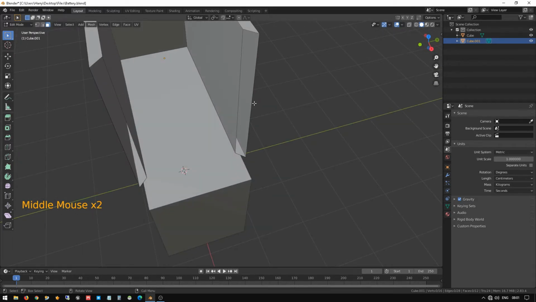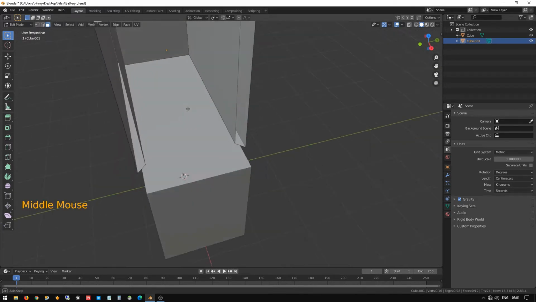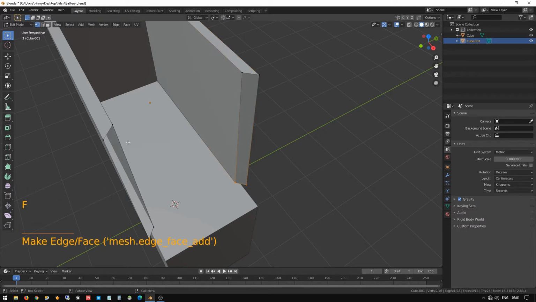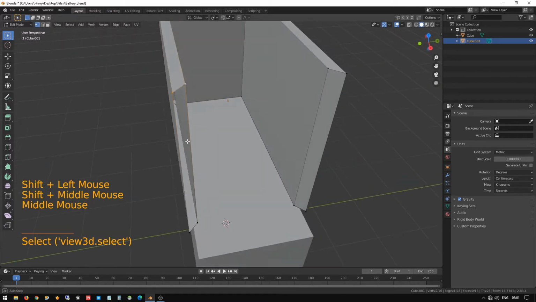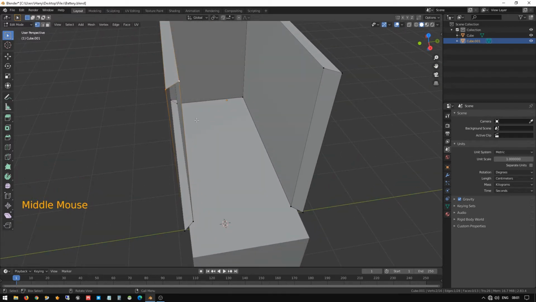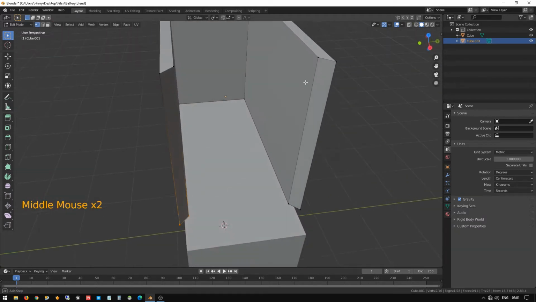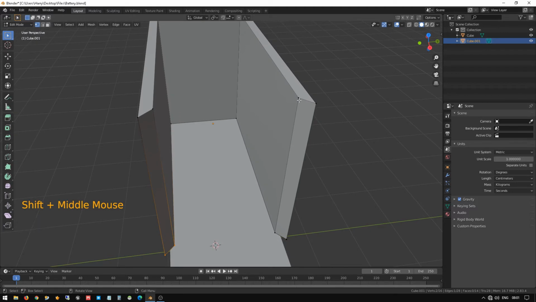And I'm going to need to create the face for this because there is no face on these edges. So again go to vertex mode, select the above two vertices, and press F to fill the space. Again select these two edges and press F to fill. Now here we can see these two designs are a little bit further, so let me bring them a little bit to the front.